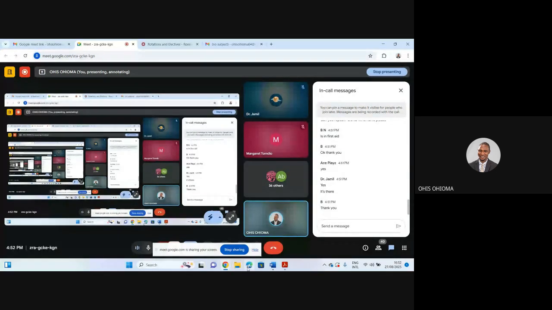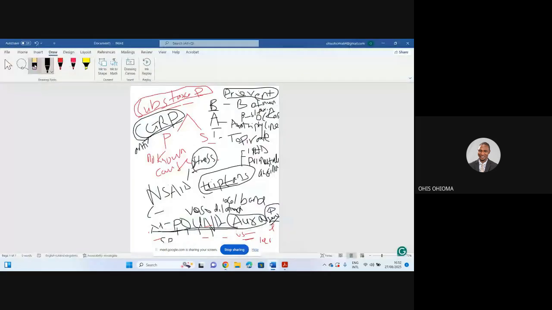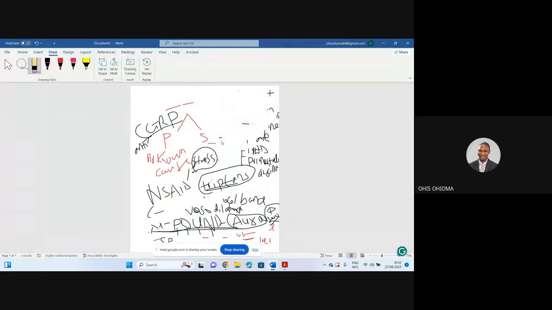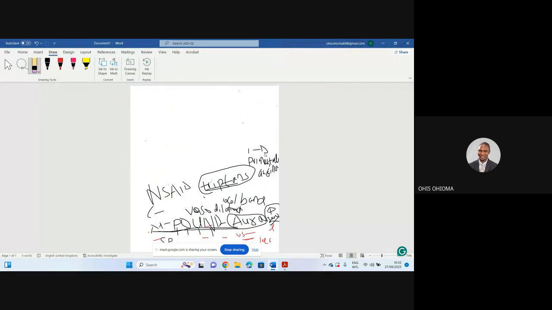Okay. The last of the headaches we're going to treat is the cluster headache. By the way, I wanted to explain something again, that migraine headaches and tension headaches are more common in females. So when you're looking at the question, it doesn't mean that migraine headaches and tension headaches don't occur in males, but there is a higher incidence of these headaches in females. So I want you guys to take note of that, okay? Now, cluster headache is the opposite, right?